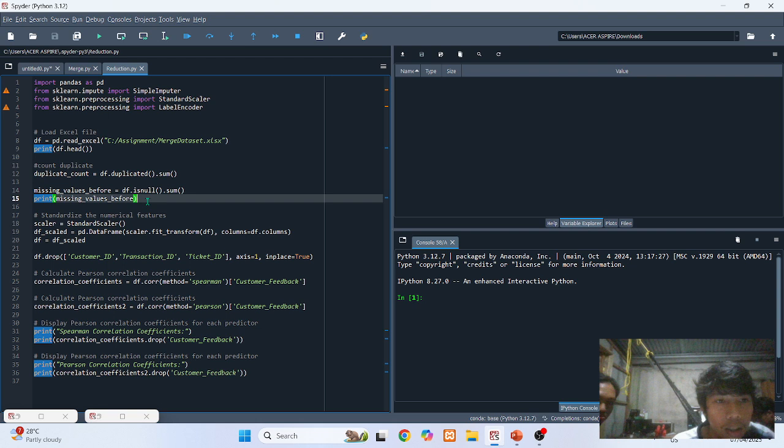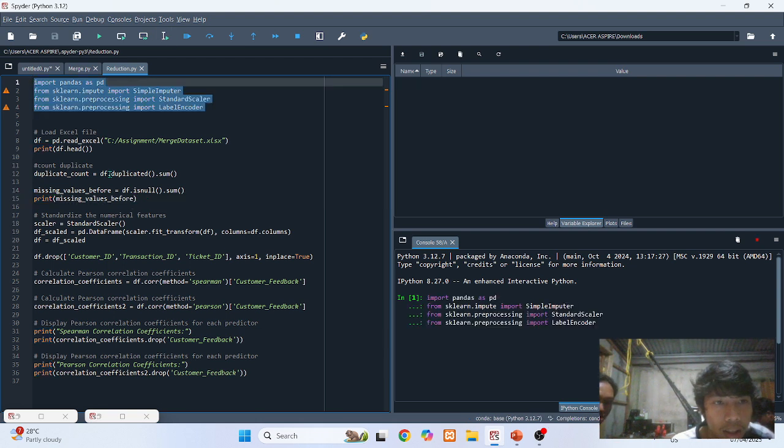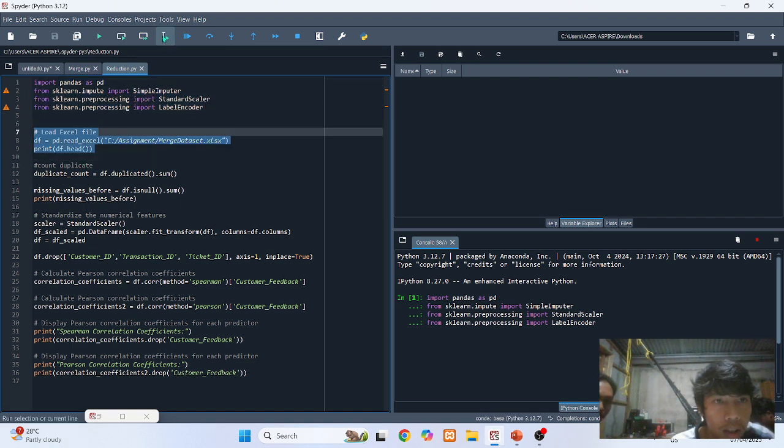As you can see, we need to import pandas first in order for us to load the dataset. Then we're going to load the dataset named PDF. Then we'll check if there are duplicate counts.